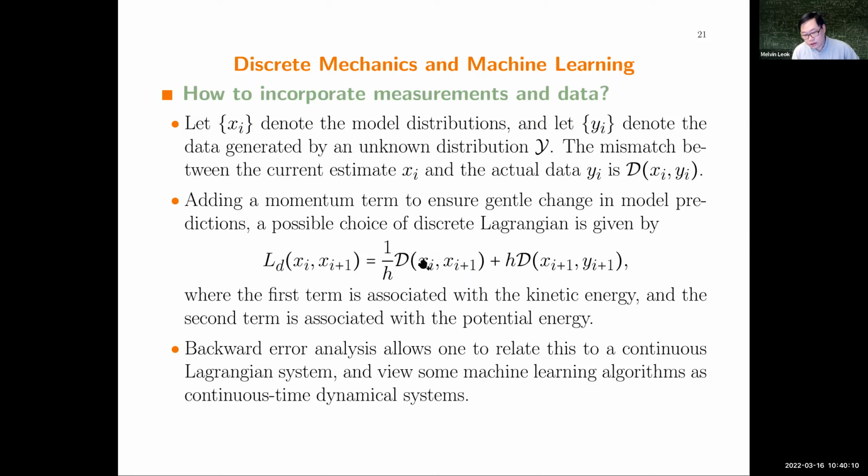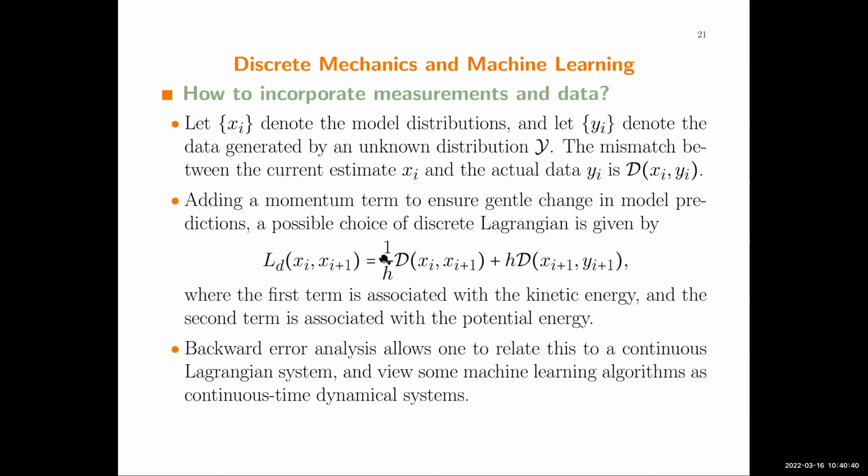So anyway, this is one naive way of constructing a dynamics which, in the absence of any mismatch with the data, would just evolve via something like geodesic flow on the information manifold, but otherwise it will try to move towards a minimum of the potential energy, which is the divergence, if you will. So this gives you a purely discrete